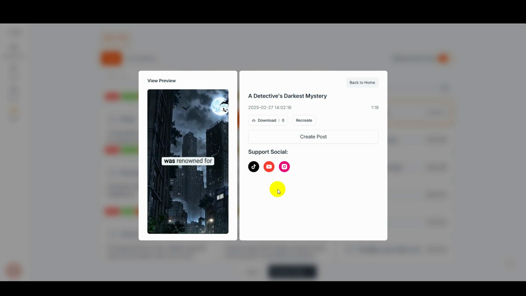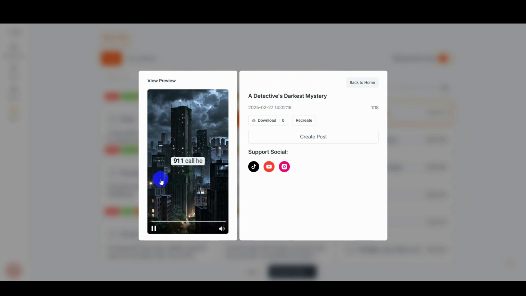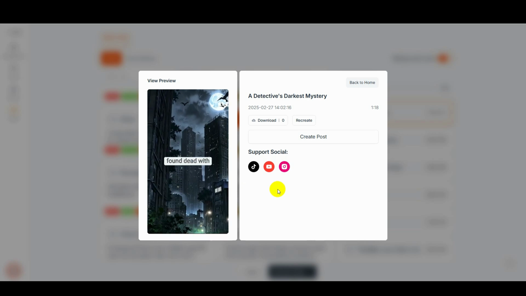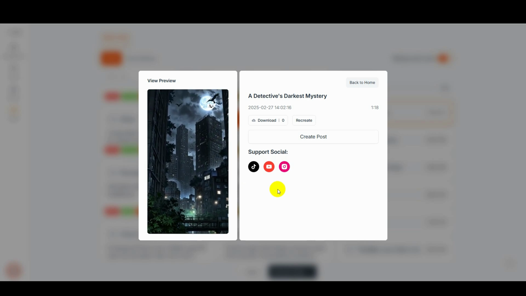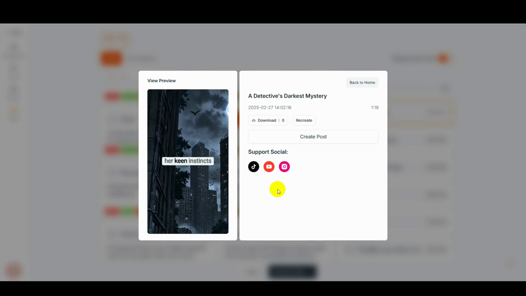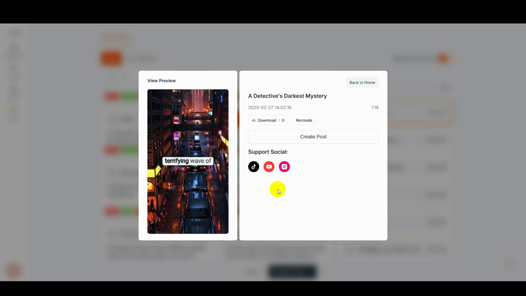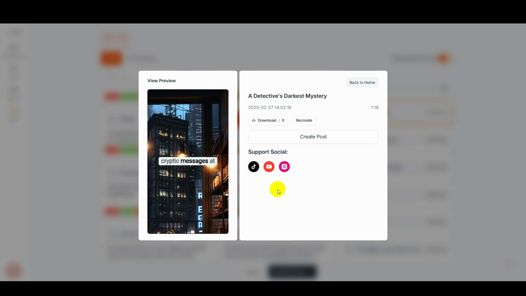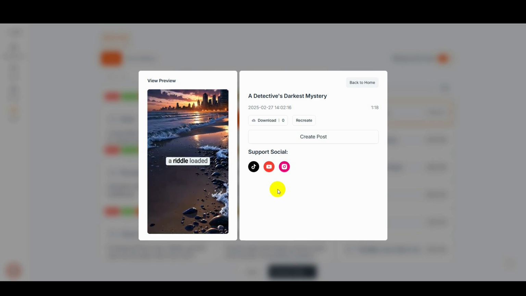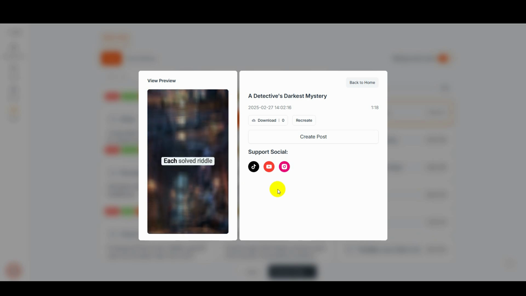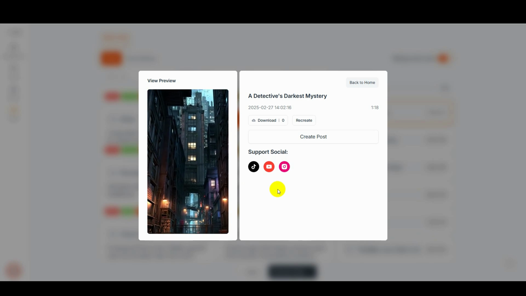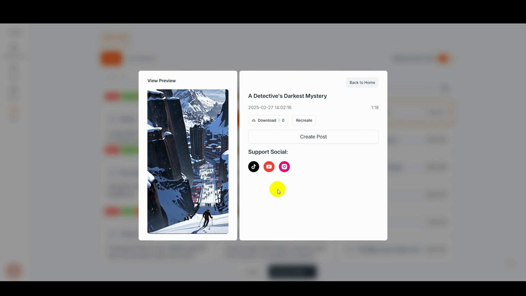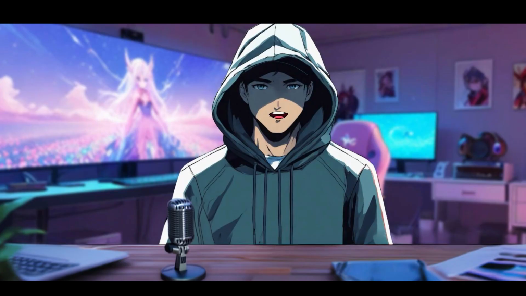A woman's panicked voice on a 911 call. He knows my secret. Then silence. The next morning, she's found dead with a chilling message on the wall. Detective Sarah Thompson was renowned for her keen instincts. She was currently grappling with a terrifying wave of murders. The killer taunted the police with cryptic messages at each scene. Every message was a riddle loaded with symbols and wordplay. Each solved riddle led her to another mystery, increasing the pressure. The city was in fear, and media scrutiny was unyielding. Her colleagues admired her skills, but